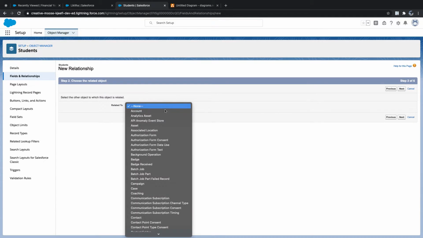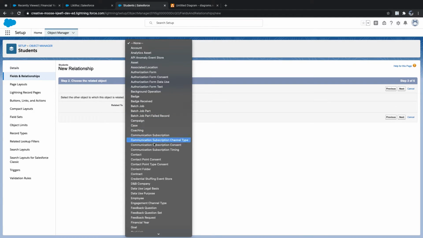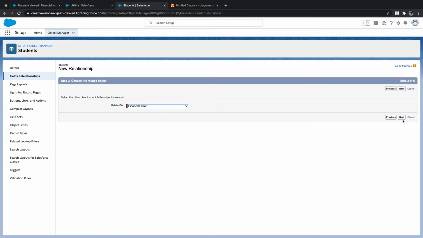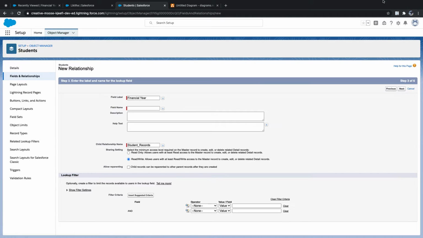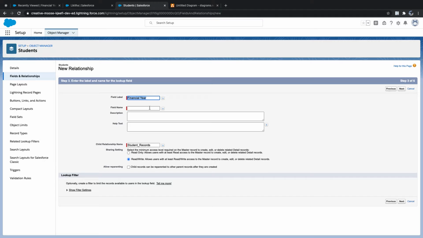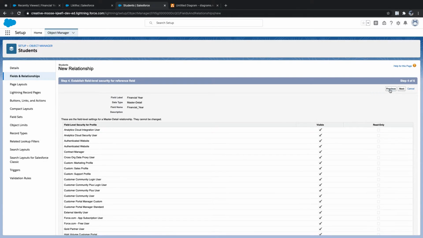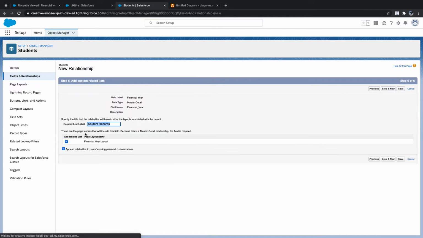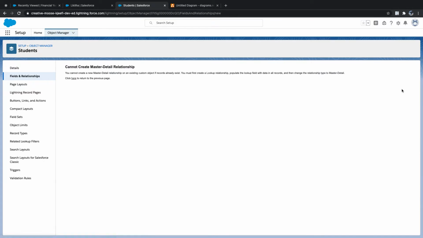And now I need to choose which object. Financial year. Next. And financial year. Okay. Save and add it. Because this is required, there is no option. So now I saved it.